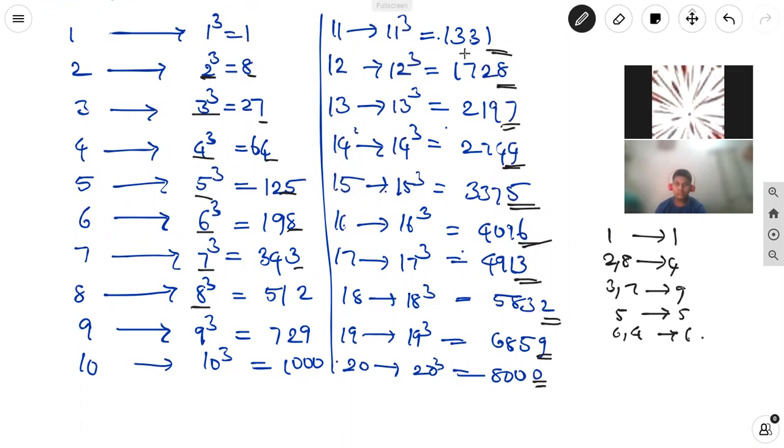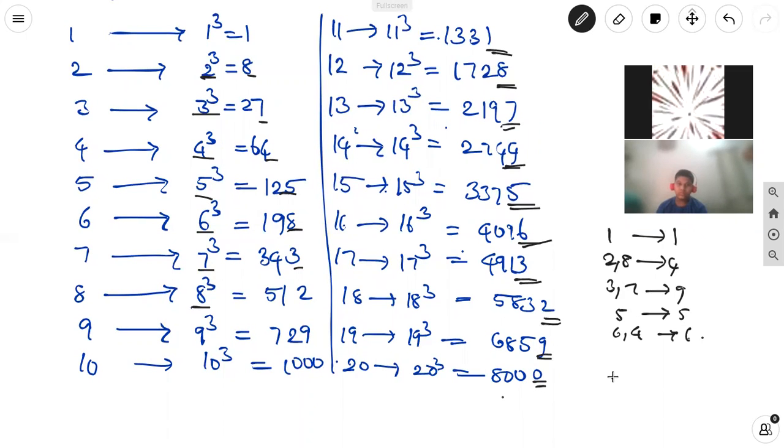11 cube 1331, 12 cube 1728, 13 cube 2197, 14 cube 2744, 15 cube 3375, 16 cube 4096, 17 cube 4913, 18 cube 5832, 19 cube 6859, 20 cube 8000. Here, what is the difference between square roots and cube roots? We know that